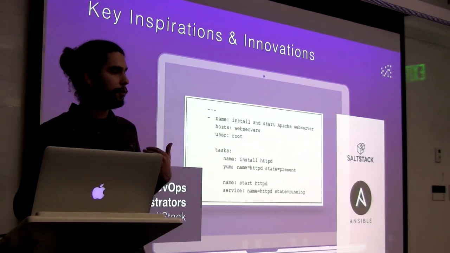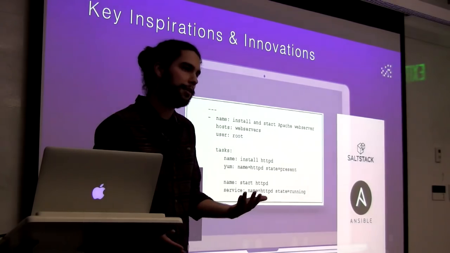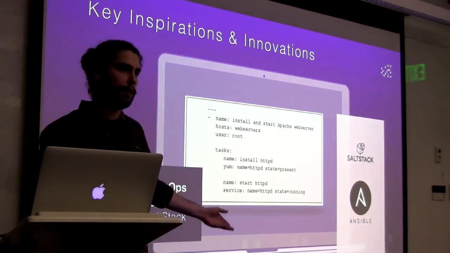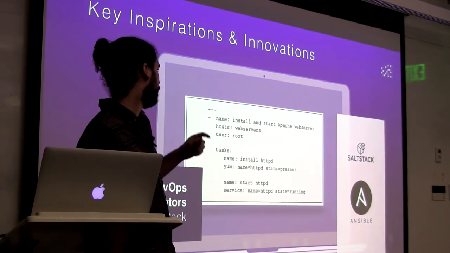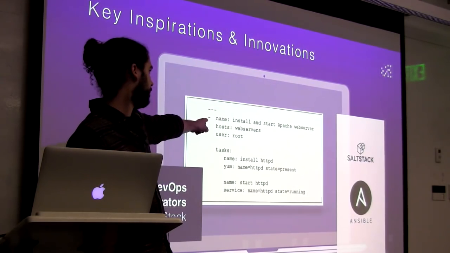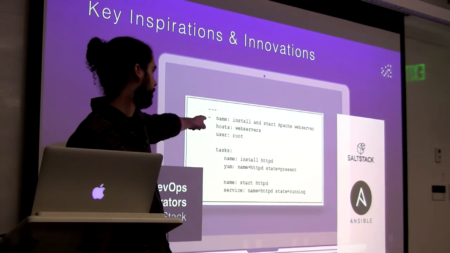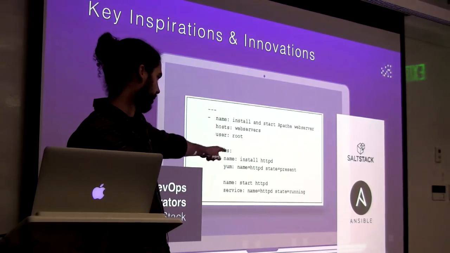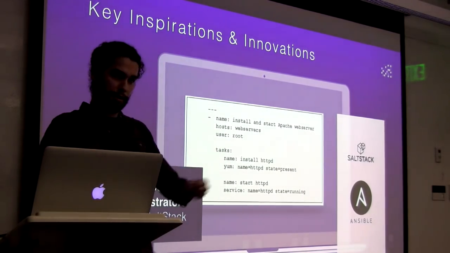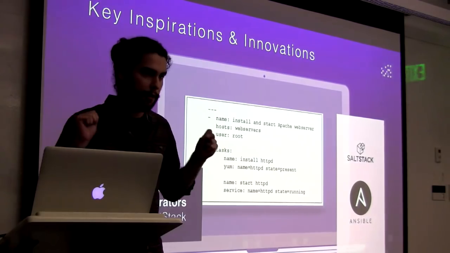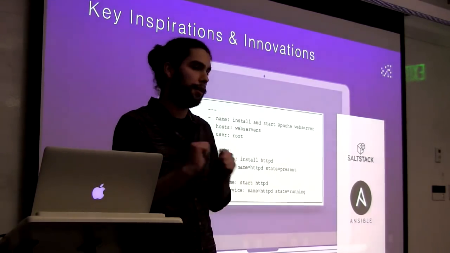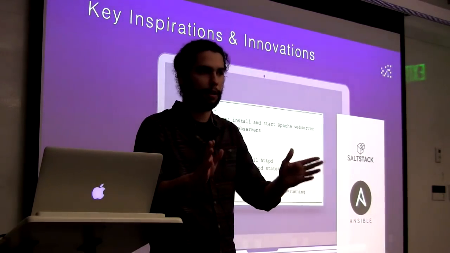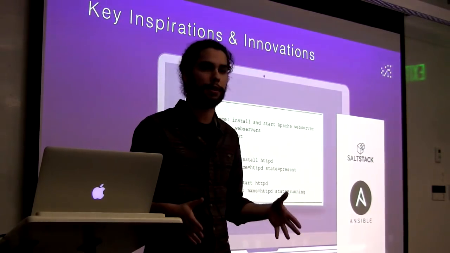Something that we want to bring to the blockchain is the idea of, so this is an Ansible playbook right here. It's written in a very declarative style. You say, I want an Apache web server. These are my hosts that I want it on. This is the user that you're going to sign in as. First do that. That's the way you're going to do it. Then do that. That's the way you're going to do it. You just state your desired end result, and then Ansible SSHs in and does it all, and it does it idempotently. So it doesn't matter how many times you run it. It just makes sure that the end state looks like this. And so